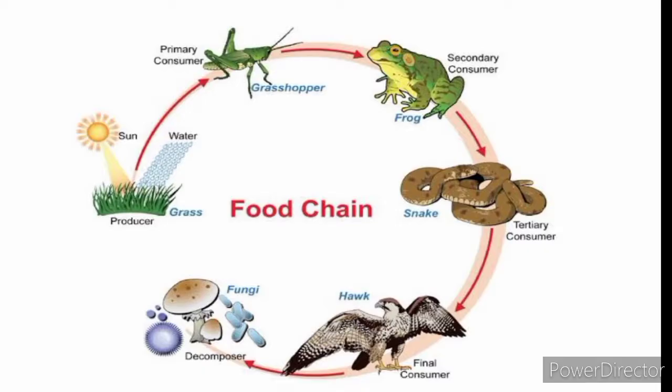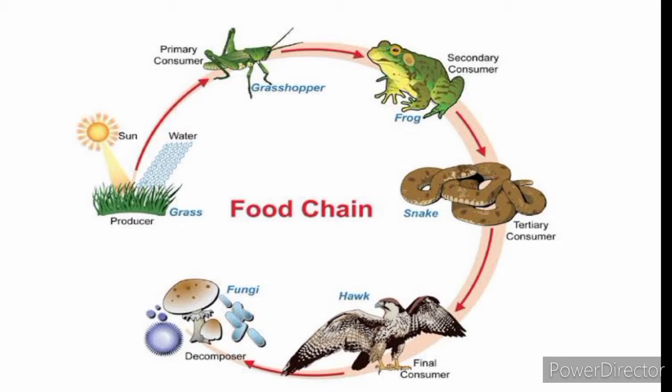Look at another example of a food chain. This one is a terrestrial habitat food chain. You can see the grass being eaten there by what? A grasshopper. And then the grasshopper is being eaten by what? The frog. And the frog is being eaten by what? The snake. And the snake is being eaten by what? The owl. And then the owl, on the other hand, will die and decompose and will be decomposed by fungi